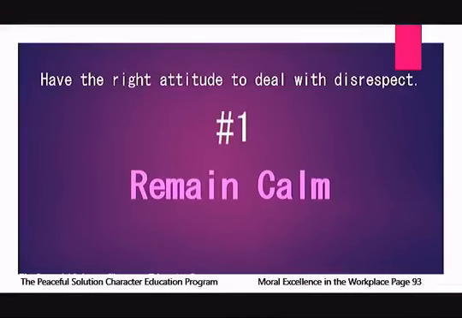Okay, we've covered this many times in our previous classes. Remain calm. This is where you practice self-control to avoid responding impulsively. Okay, when you respond impulsively, you don't stop to think. You just act out on whatever you are feeling in that very moment. And that's something we don't want to do. We never want to act impulsively.